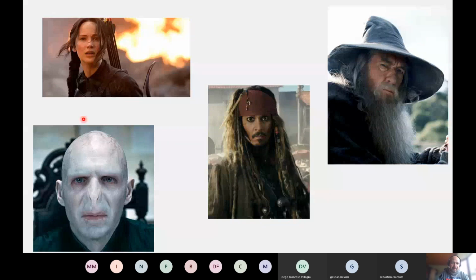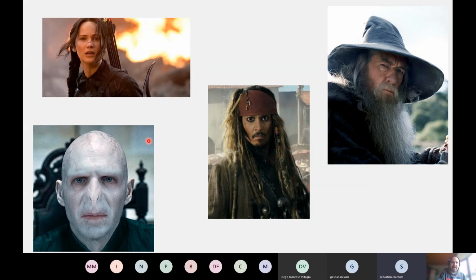What about the guy over here? What's his name on the bottom left corner? This movie character and book character as well. Well, his real name is Tom Riddle, but as a wizard, he's known as Voldemort. Okay. So his real name is Tom Riddle. And he's known as Voldemort, yes. So Voldemort. All right. And what about the one? The one who shall not be named. Okay.